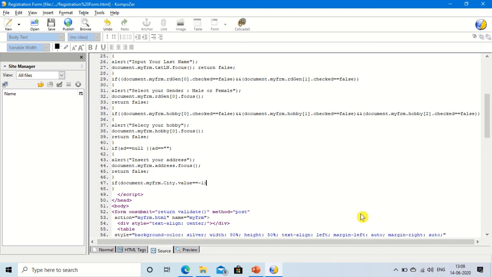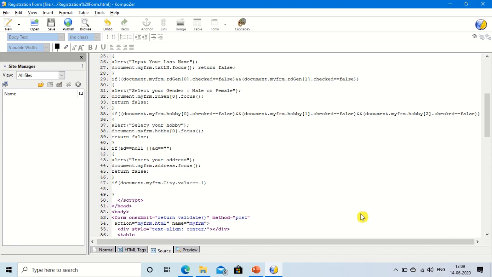Means the -1 is the value of select your city. So if select your city is showing, means what happened? The user had not selected any city. So we have to check. If user has not selected, means user has selected the first option.